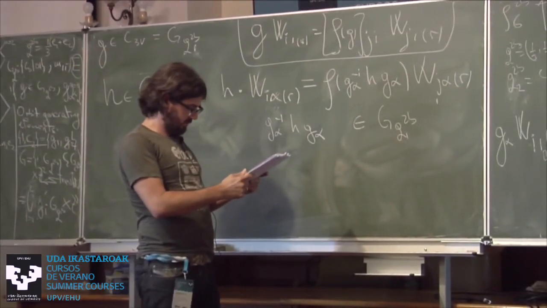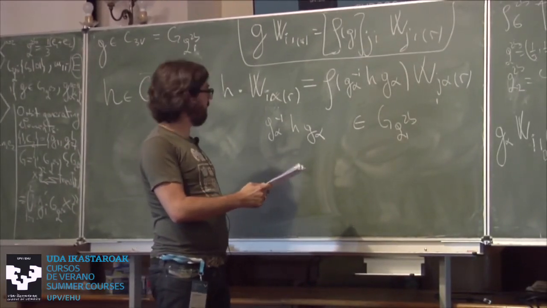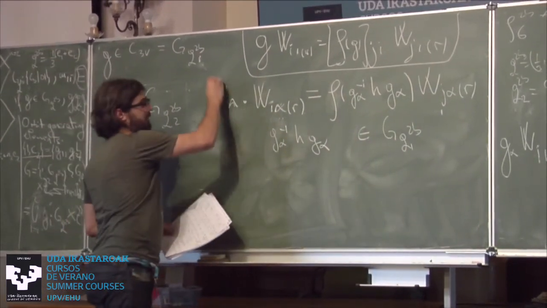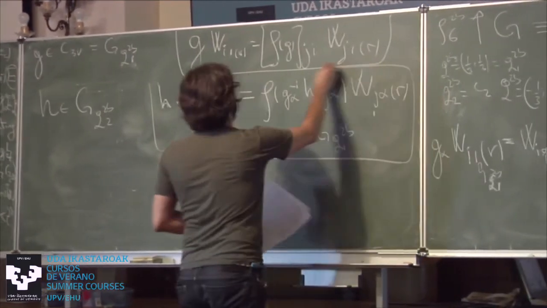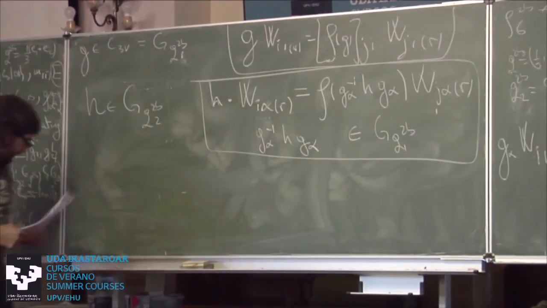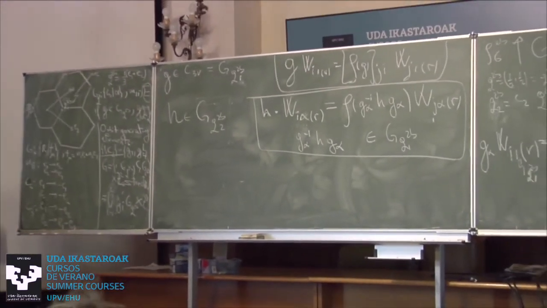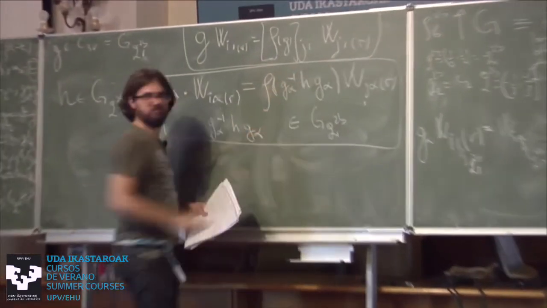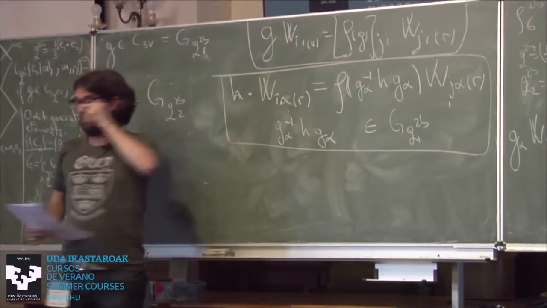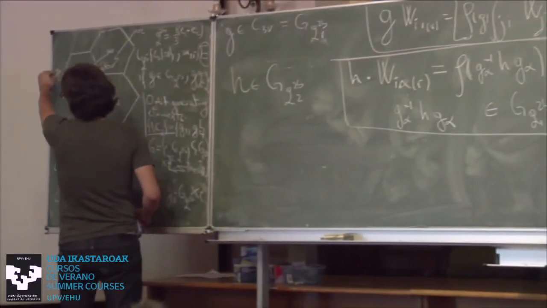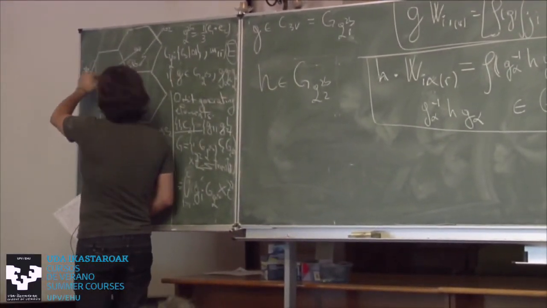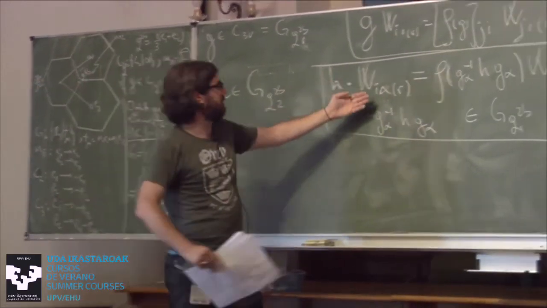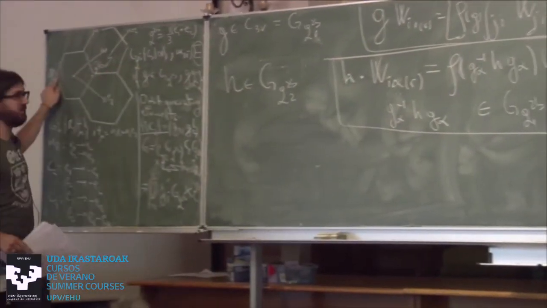Okay? I mean, we can go through it, but it might be a pain. I'm not entirely sure. It might be easier to just accept it. Let's just accept it. Does this make sense, though? That knowing the representation in which this orbital transforms here, I'll know the representation in which this orbital transforms here, because I know the relation between this site and this site. And this is the representation. So H belongs to the site symmetry group of this one.